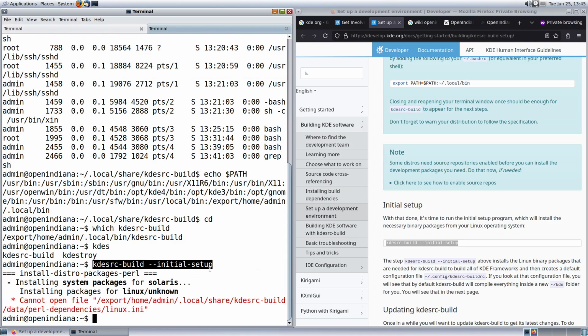But in here, the list of binary packages available in OpenIndiana is really, really minimal. I do not know how to run binary-only, non-open source software such as Visual Studio Code or the Komodo IDE, or other integrated development environments,